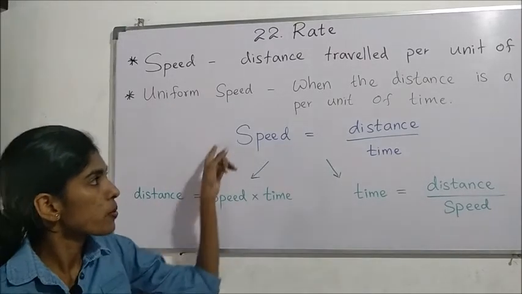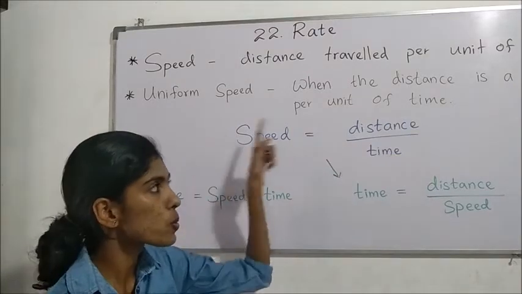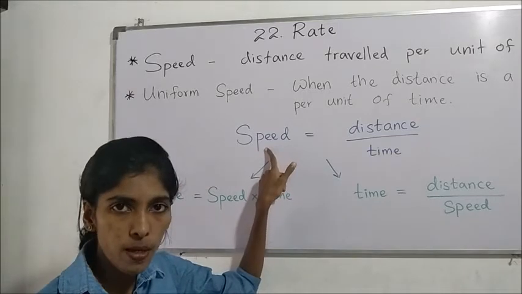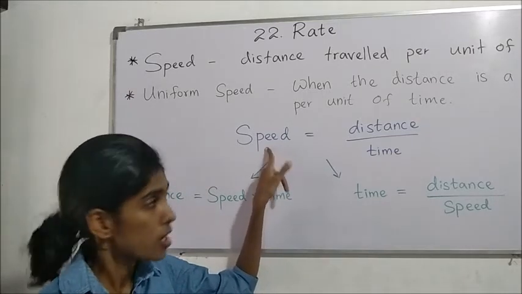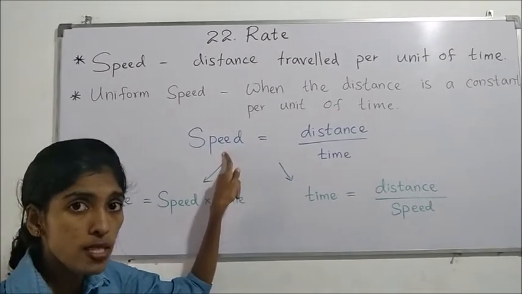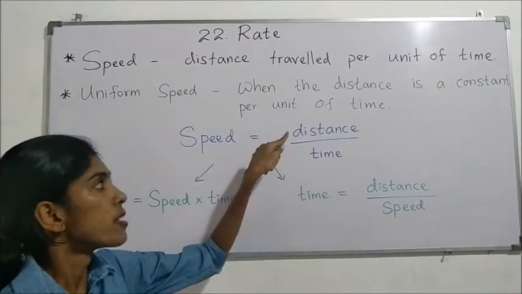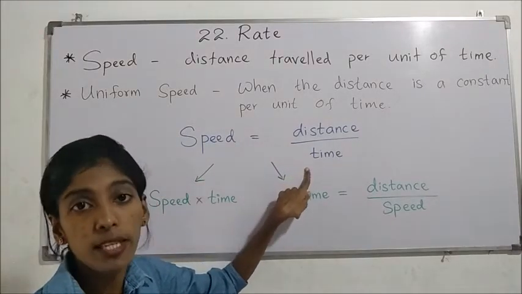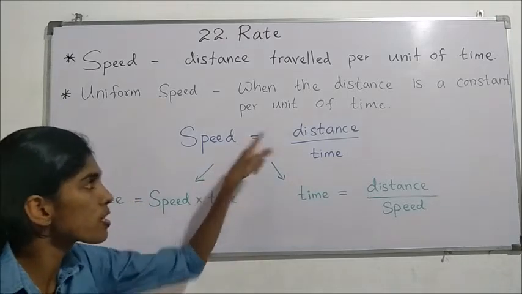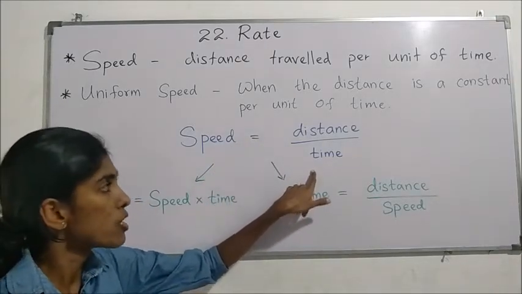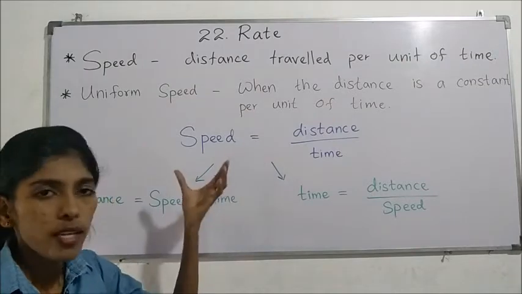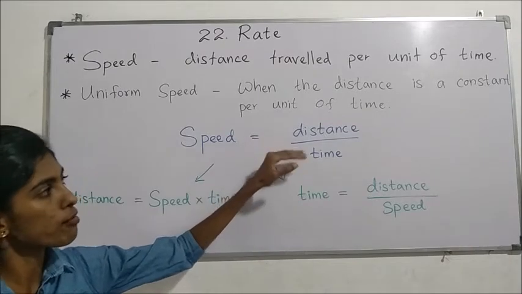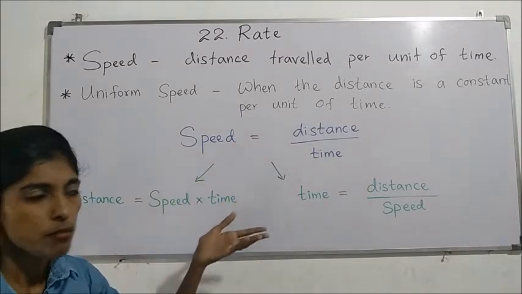So this is the formula that we use to find the speed of any object. It can be a vehicle or another object. To find how fast it is moving, divide the distance traveled by the object by the time taken by it. So remember, to find the speed, divide distance by time. Whenever you go to a sum, write this formula and start your sum. With the help of this formula you can find the time or distance of that object.